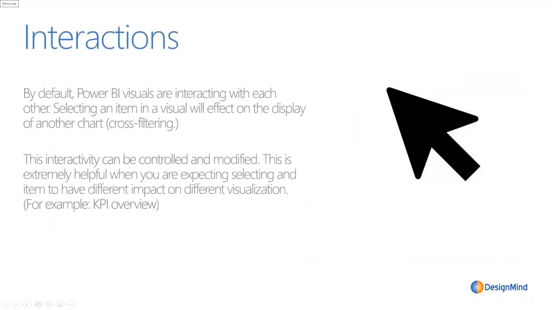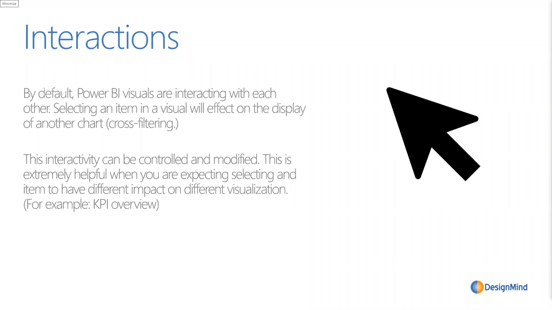Cool. And then lastly, what we have here is interactions. By default, selecting a data point in one visualization on a report page will cross-filter or cross-highlight the other visualizations on the page. Exactly how the visuals on a page interact is set by the report designer. The designer has the capability to turn visual interactions on and off, and to change the default cross-filtering,